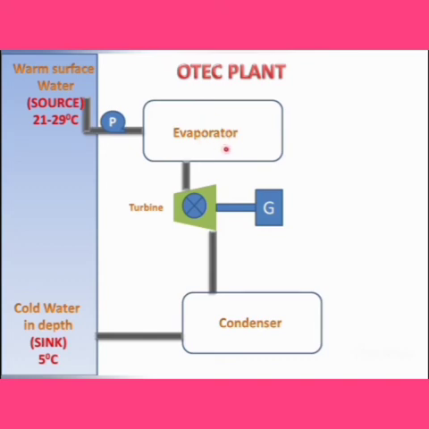Then these vapors go to the turbine. The turbine will rotate and energy will be produced. Then the extra gas is transferred to the condenser. Now we will see the water come into the evaporator, then go to the turbine. The turbine will start rotating, then the extra hot water and steam go to the condenser.